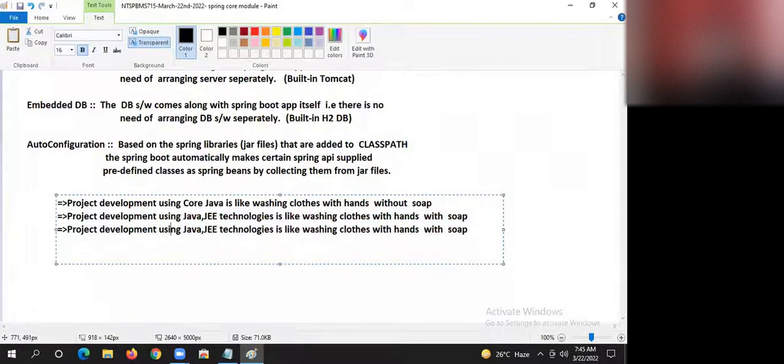Project development using Spring framework is like washing clothes using a semi-automated washing machine. Spring framework is only to make you understand this.